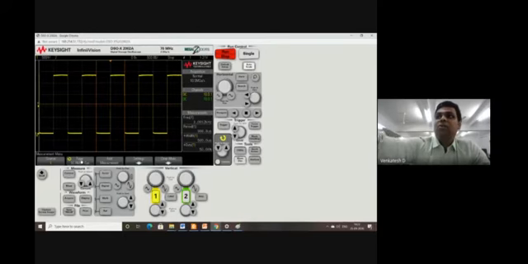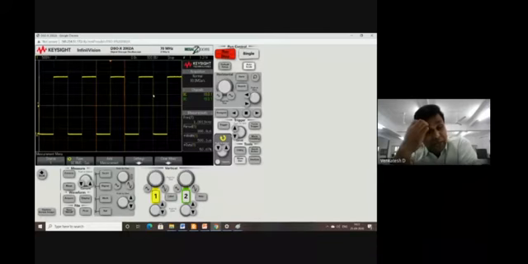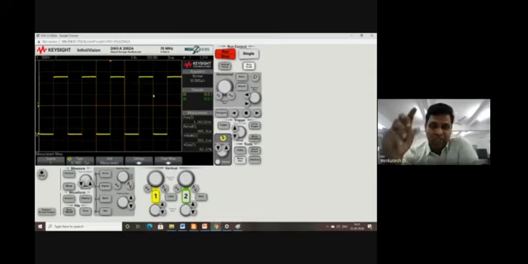Okay, and also the signal is running now. We can stop the signal, and we can analyze, which is very difficult to do in a DSO. We can just stop the signal, and we can do measurements by freezing the signal. We can manually measure, and it automatically measures whatever is required.